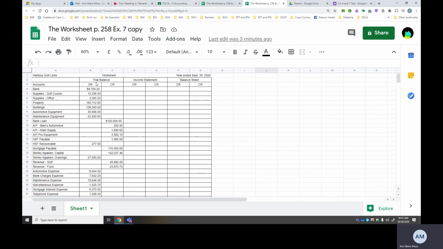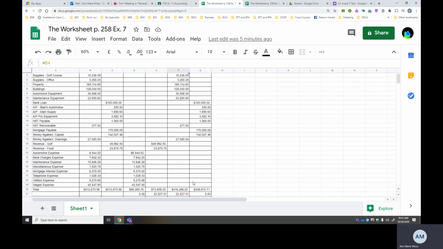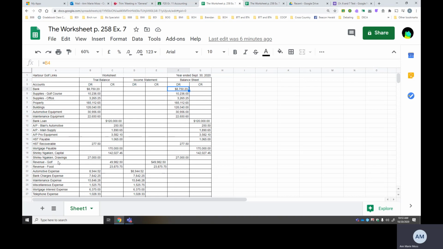The next part will be to transfer these totals over to your income statement columns and your balance sheet columns. And we're going to use cell references to do that. So here I've done that. And if you look in each of my cells, you can see I've got a cell reference. The idea is that I'm only going to enter my numbers once, and that will save me time and especially minimize my mistakes. So you'll notice with the first set of accounts, they are all balance sheet accounts, so they'll